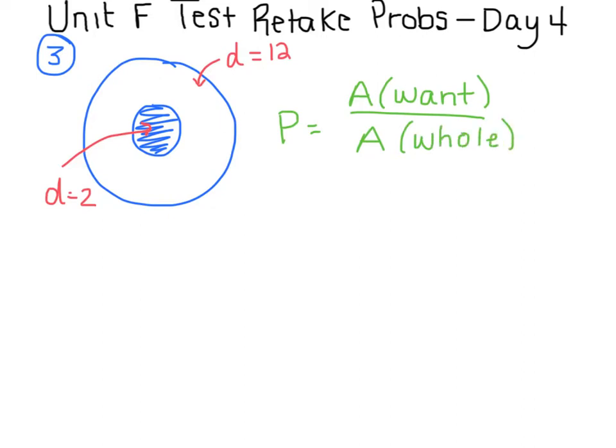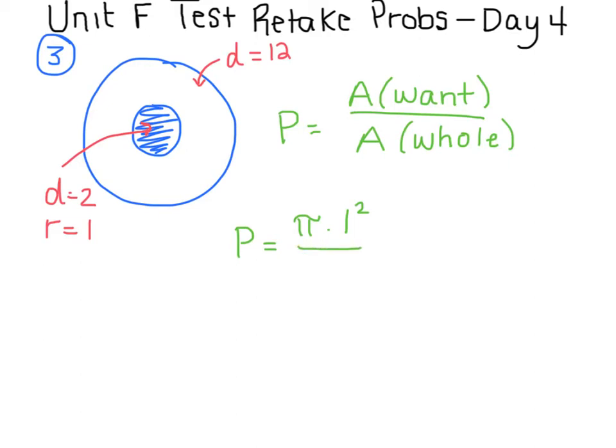So the area of what you actually want, which would be the bullseye, out of all of the possibilities, which would be the whole target. Okay, so I'm going to do area of the inner circle, so area of this circle in here, which has a diameter of 2. Now, if the diameter is 2, that means the radius is half of that, which is 1. So to find the area, I'm going to do pi times radius squared, so pi times 1 squared, over area